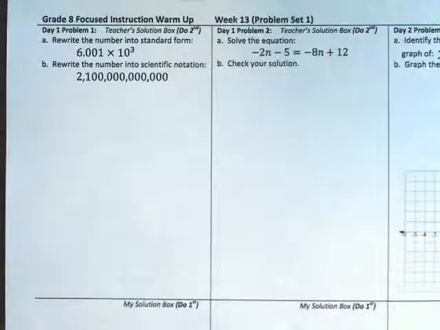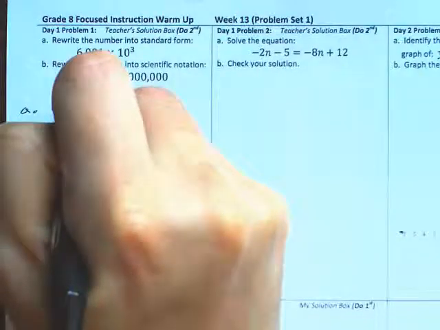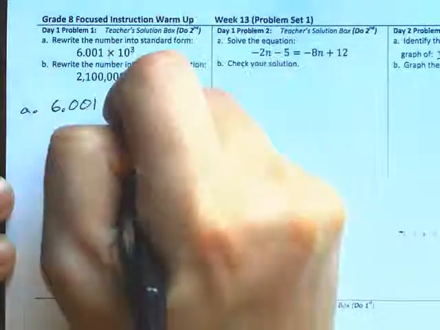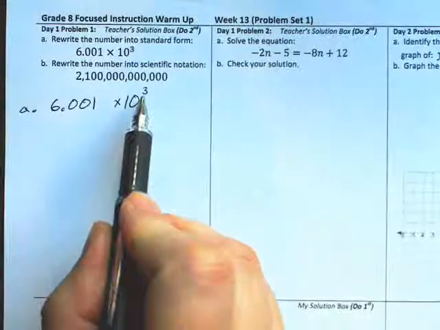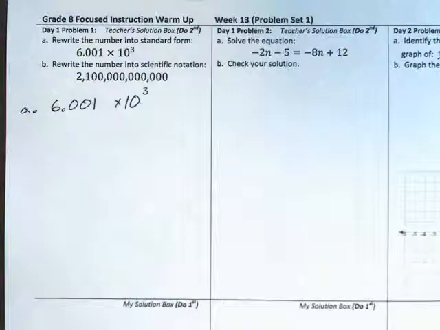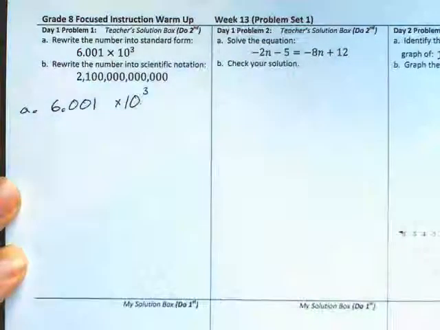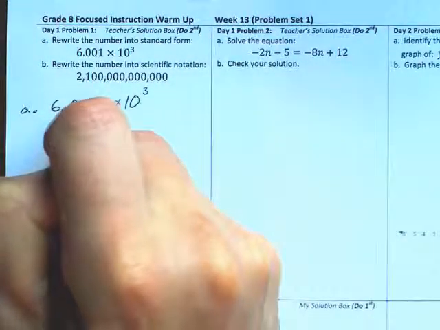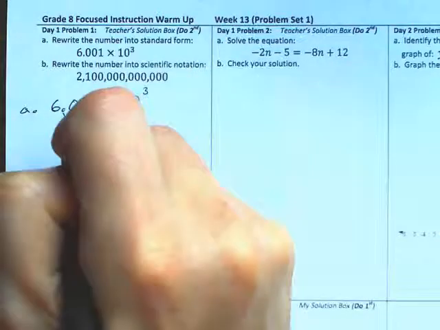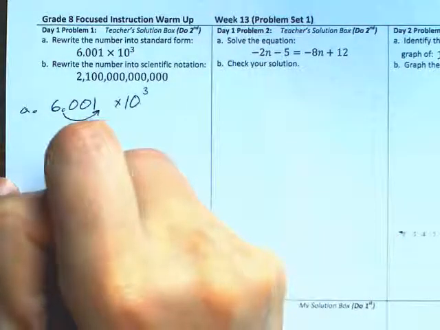Day 1, Problem 1. Question A, rewrite the number into standard form. So we have 6.001 times 10 to the third power. 10 to the third power is equivalent to 1,000, and so that's like multiplying 6.001 times 1,000. A fast way to do that is to move the decimal point 3 spots to the right. And that will create